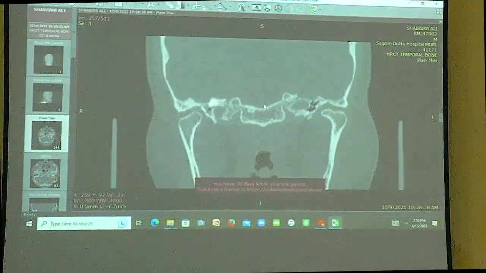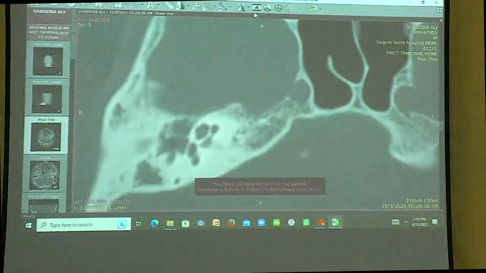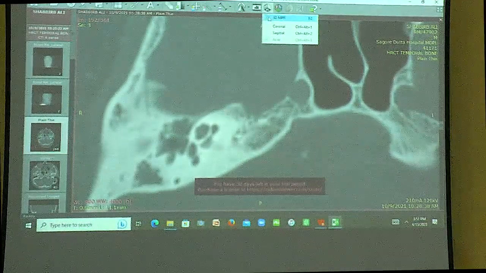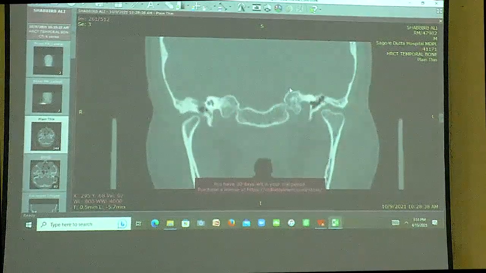So even if you don't have coronal, this software will allow you to, sorry. Yeah, we have reformatted it ourselves. We don't need to depend on the